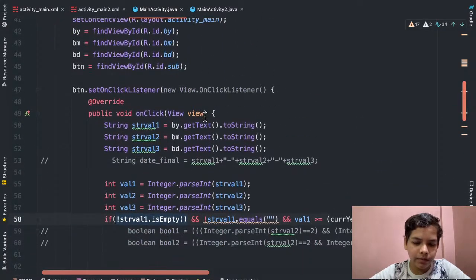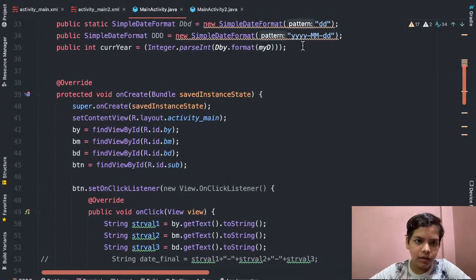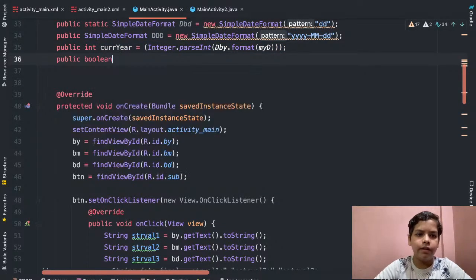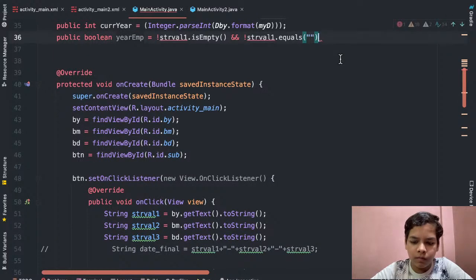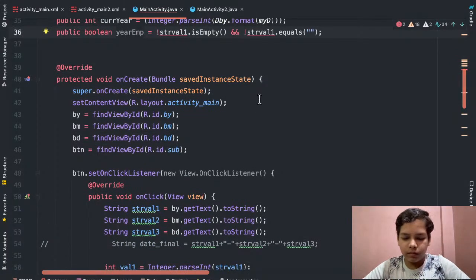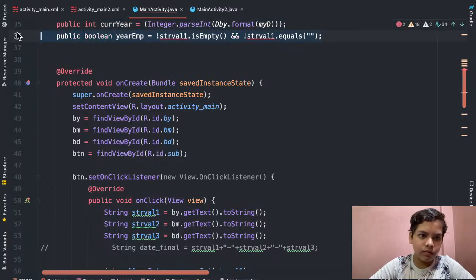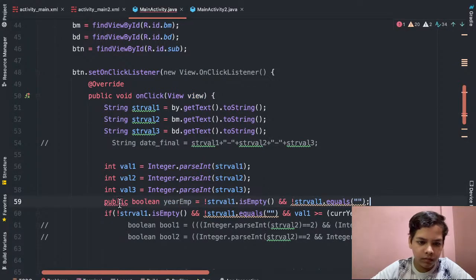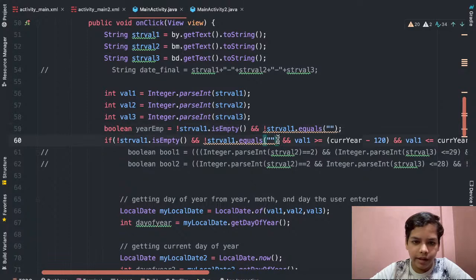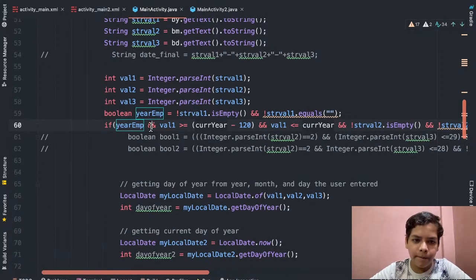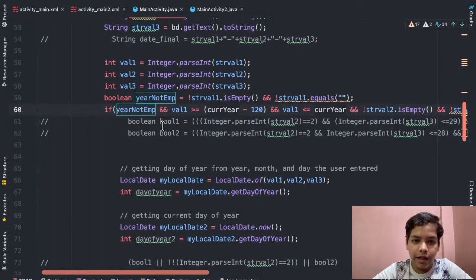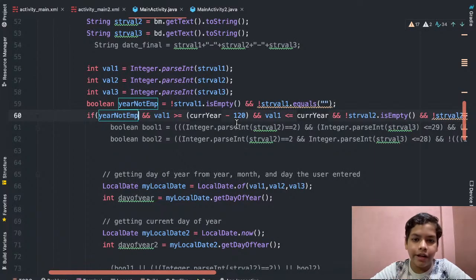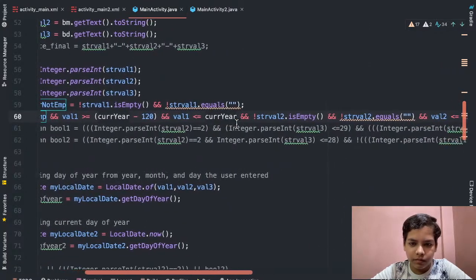So let's make a variable of boolean because this returns boolean. So public boolean, and let's name it year empty is equals to like this. And here I can just replace it by here empty. So here not empty, actually. The year should not be empty and the value should be greater than the current year minus 120. Okay,